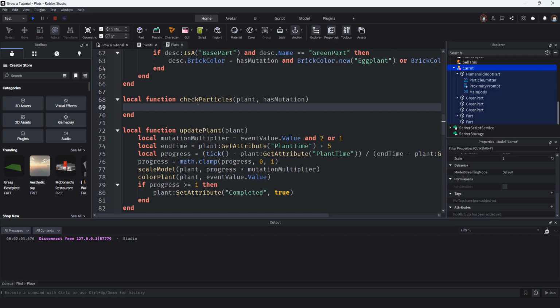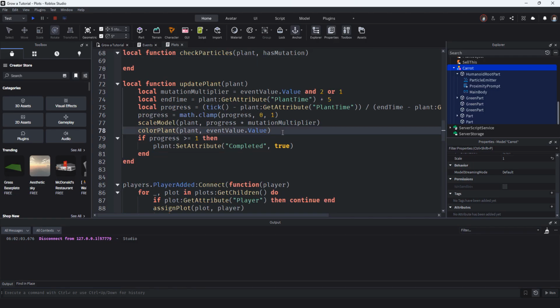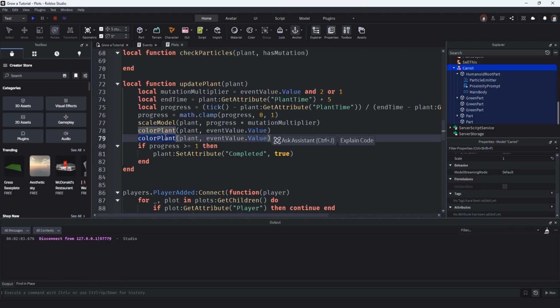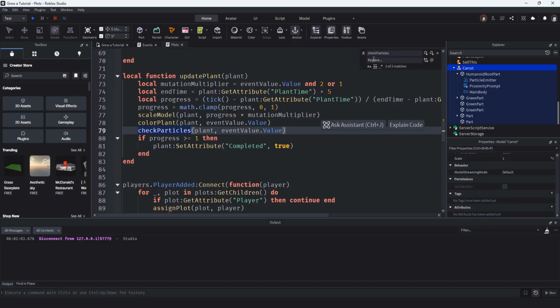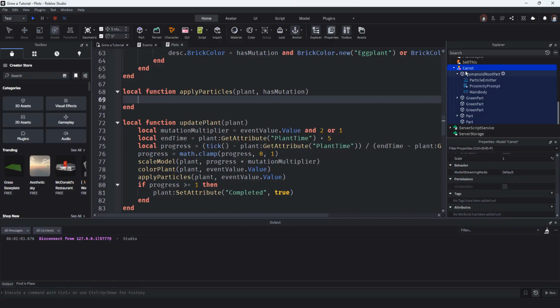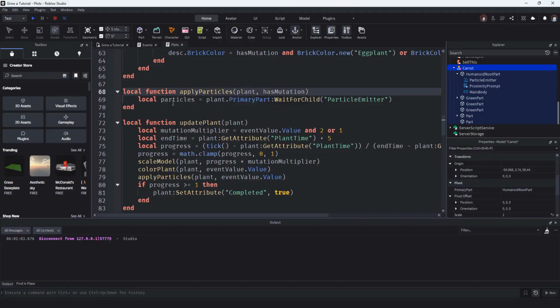Perhaps create another function for it. If we again call on here, you can duplicate this line using Ctrl Shift and D and just change the function. I think I want to rename it to apply particles, which I can do like this. And then this time around I want to access the primary part as long as it's set in here again, like this. So I temporarily store it below here, get access to its primary part, and wait for the particle